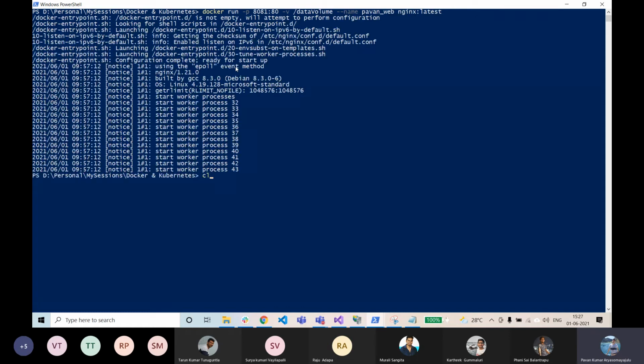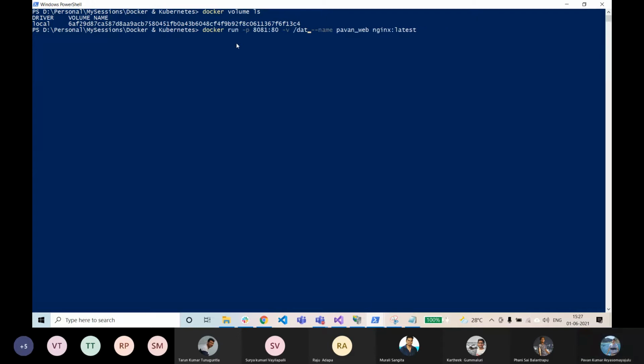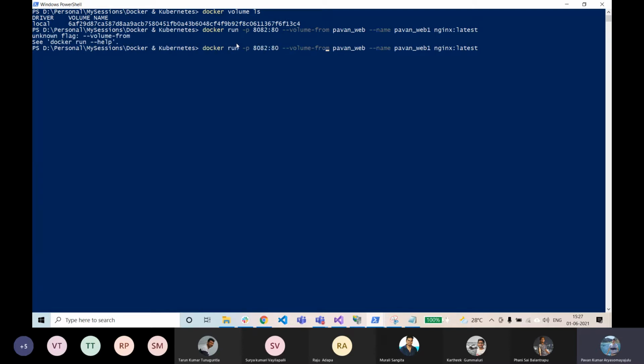So I created this container. Now let's see docker volume. You can see one volume is created, right? Okay. So now let's try to create another container which uses this particular volume, with volumes-from Pawan_web. The port number should be a different port number, and the name of this container should be different.